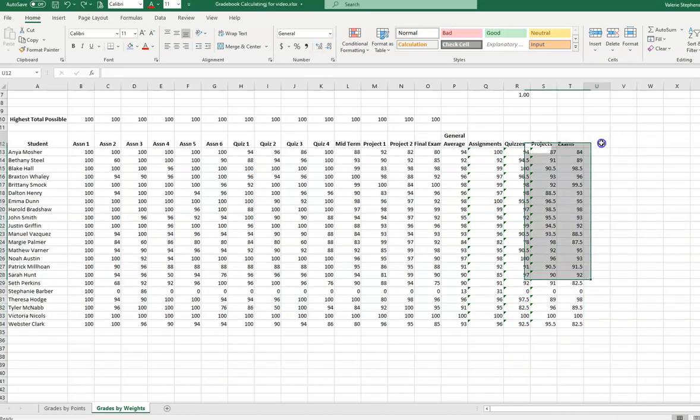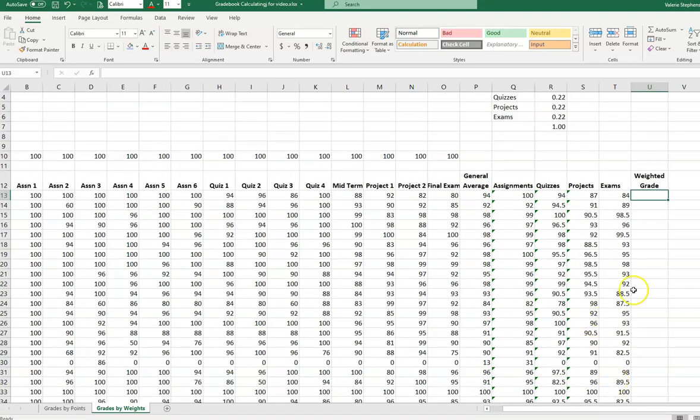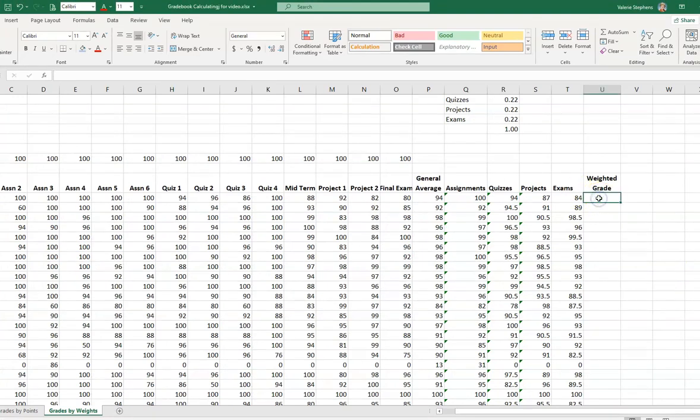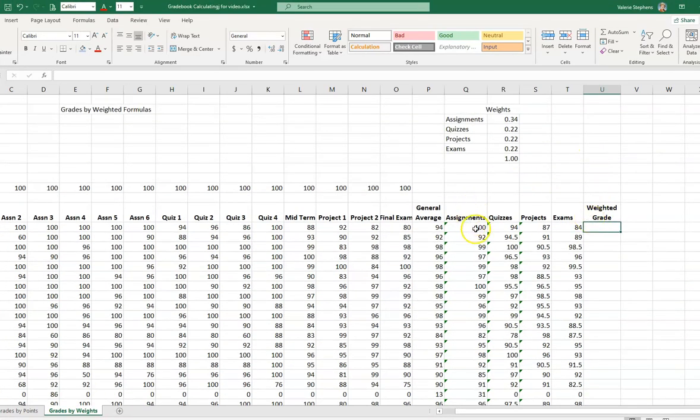And now we're ready to calculate the difference between our weighted grade and our general average. So we've labeled the column, we'll wrap the text, and when it still doesn't fit, we'll widen it out just a little bit. And now we're ready to enter our formula. Let's zoom in a little bit to make it easier to see. We're going to multiply each of our averages to its weight, and we're going to add each of those together. So we'll start with the equal sign, and we have